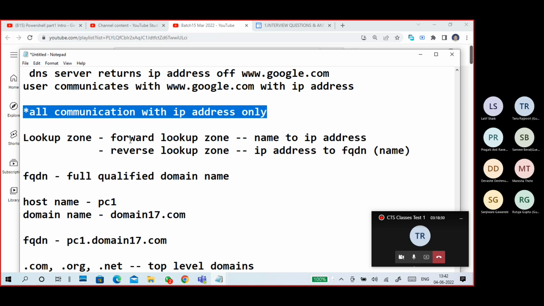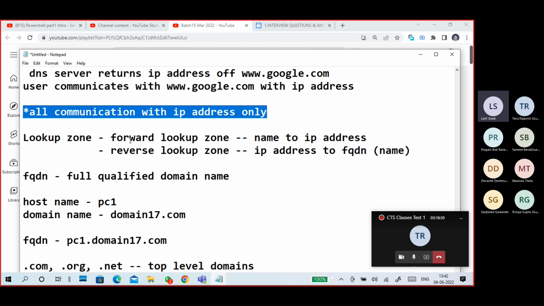In the DNS server, there are two lookup zones: forward lookup zone and reverse lookup zone. Forward lookup zone maps name to IP address, and reverse lookup zone maps IP address to FQDN.